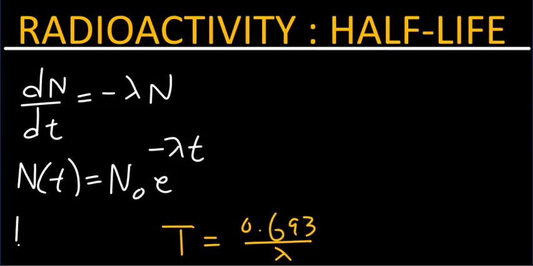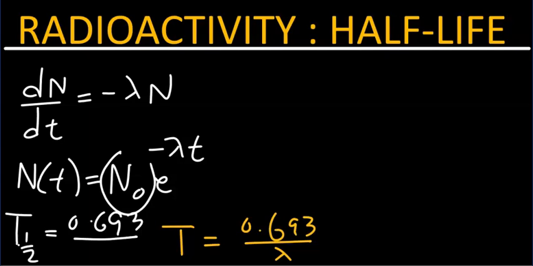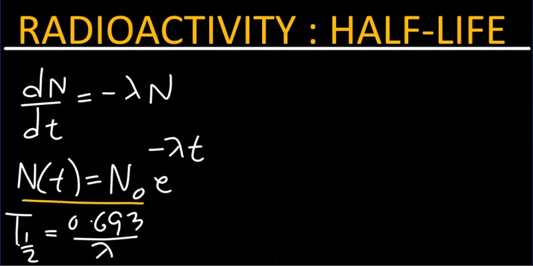The time it takes for the initial number of nuclei N naught to decrease to half of that is quite simply 0.693 over the decay constant, lambda. Let's try to plot this graph